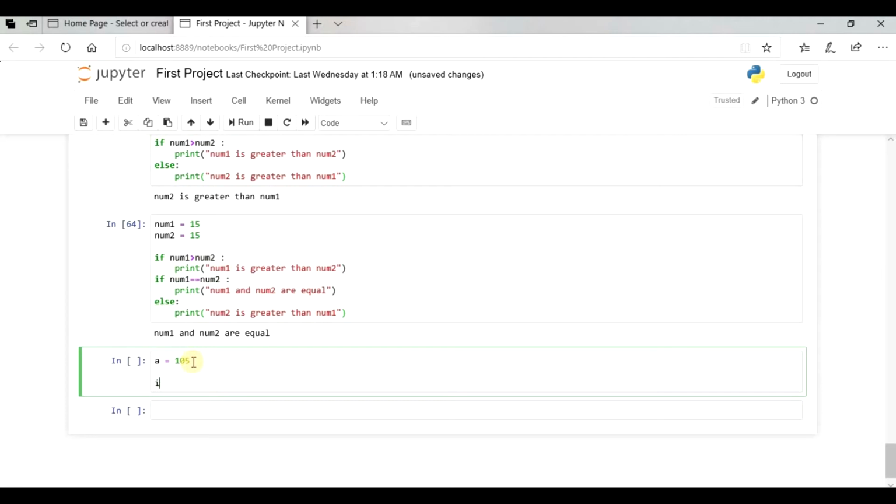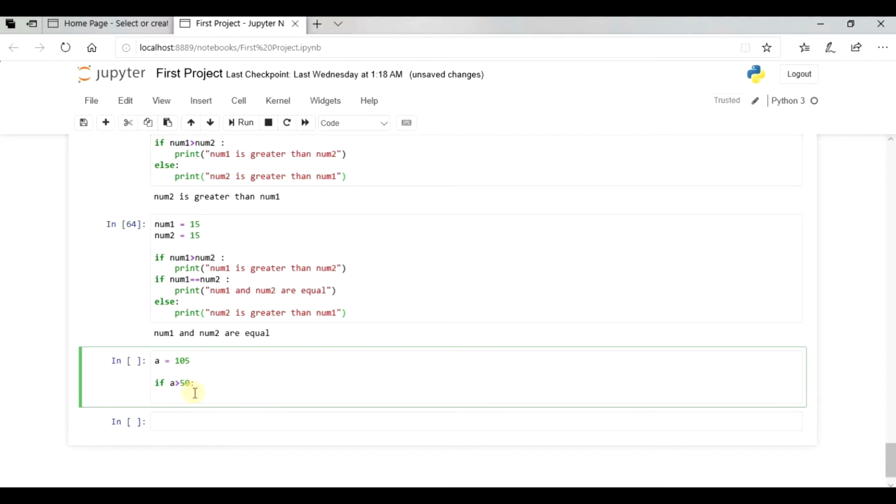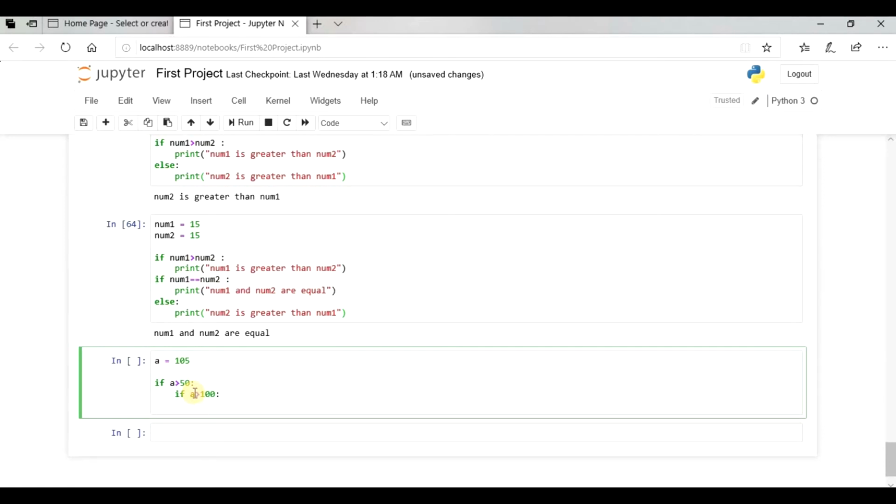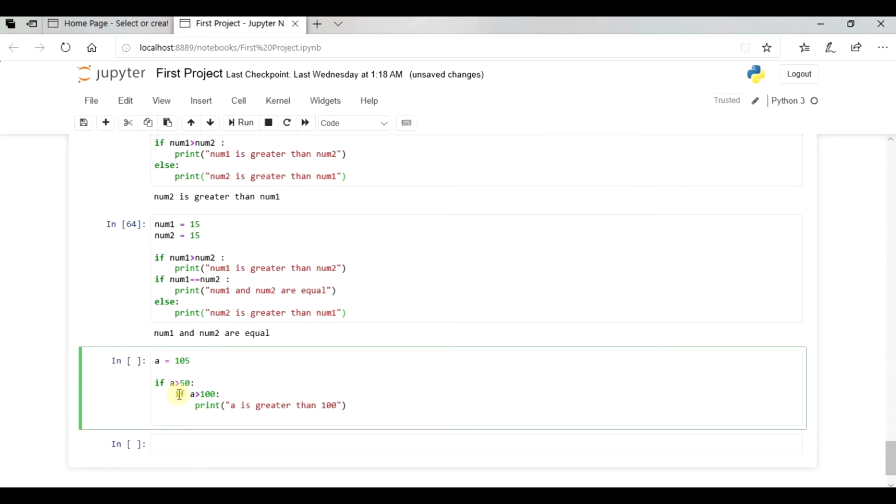So what we can do is write if. Check the first condition, if a is greater than 50. If a is greater than 50, what we can do is write one more if statement, if a is greater than 100. Then if a is also greater than 100, then we can simply write print a is greater than 100. Else, if this statement is true, it will simply print this. And we can also write if else